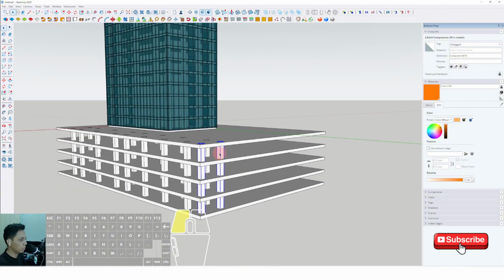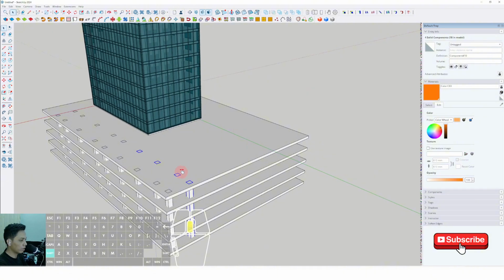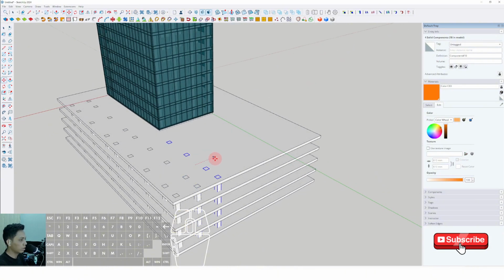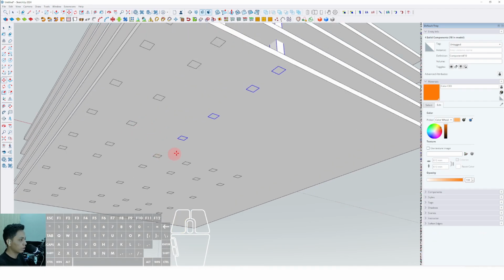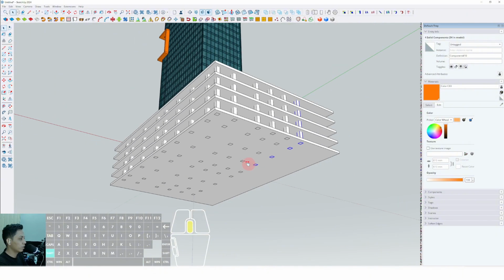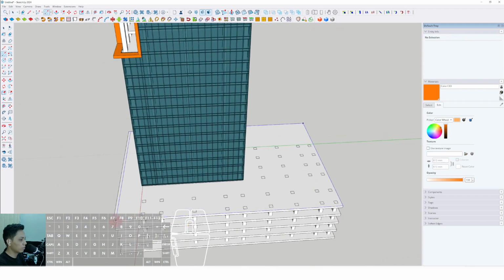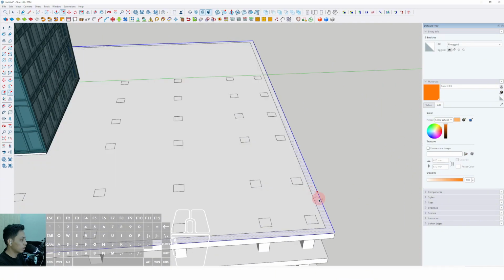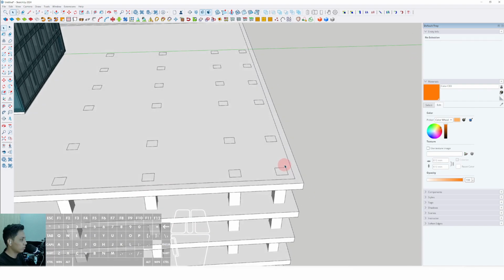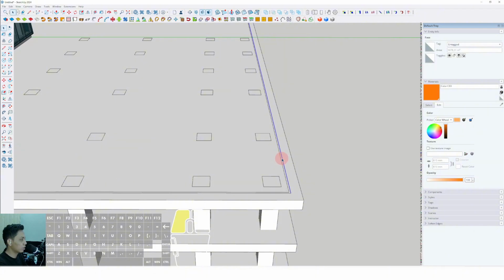Anyway, this column configuration is just schematic, so you can redesign or improve this column configuration with the appropriate position, because this is just for visualization or 3D modeling technique support, and you can continue the column on this backside. So I will make it simple for this video. So we have to offset it inside just like this, and we have to push it down. I'm sorry, we have to offset it inside again just a little bit